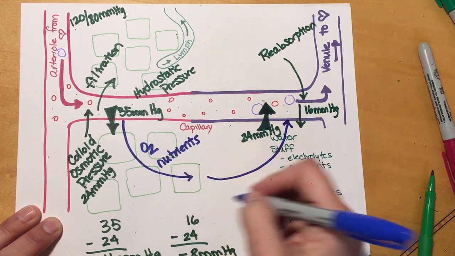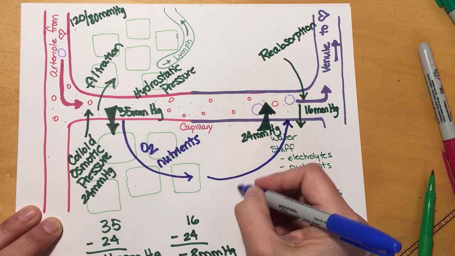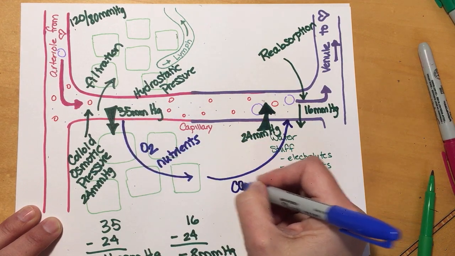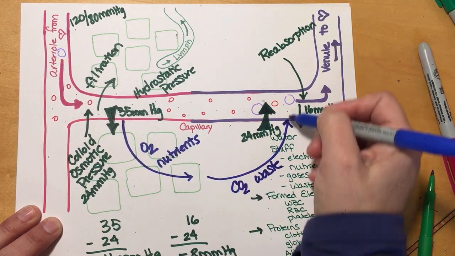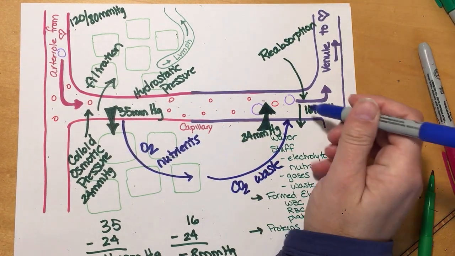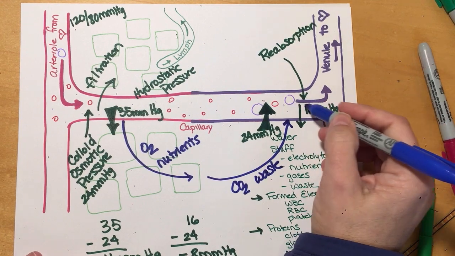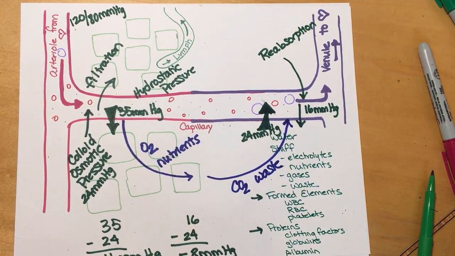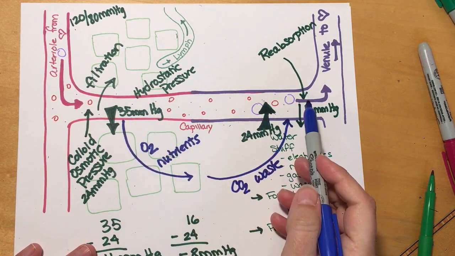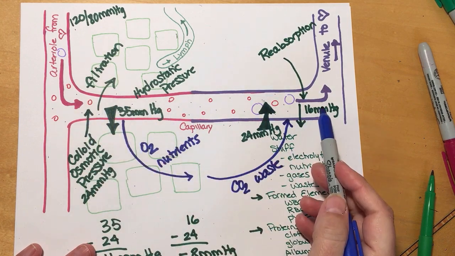And so anything that has built up in the interstitial space, like CO2 and other types of waste, is going to be pulled back into the capillary. They're then going to go back into the venule and head back into the systemic circulation to either be reoxygenated or excreted or filtered out in some way in some other organ. So in this way, the change in hydrostatic pressure across the capillary bed